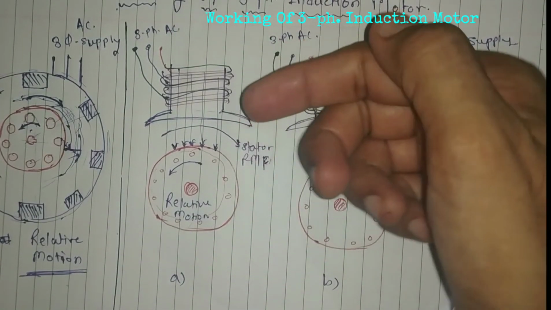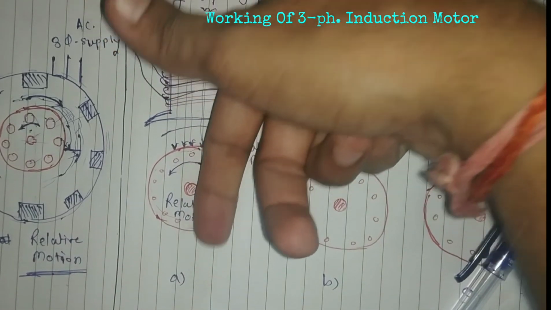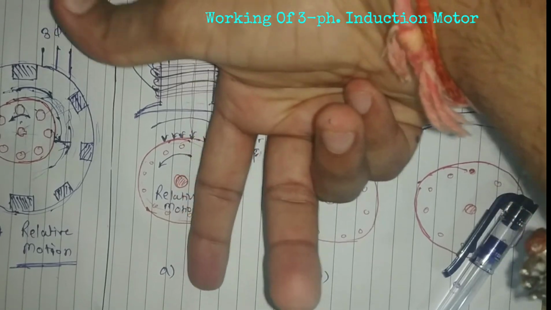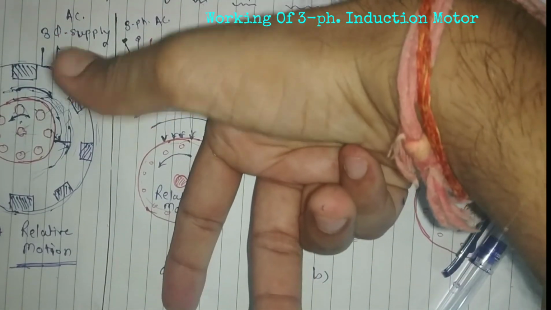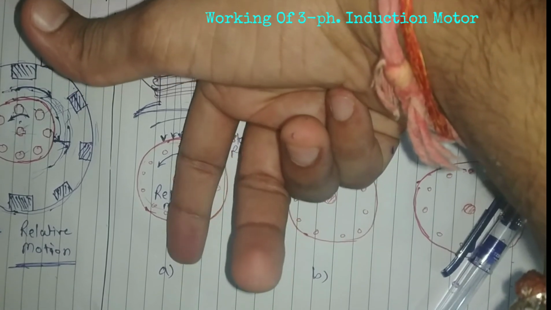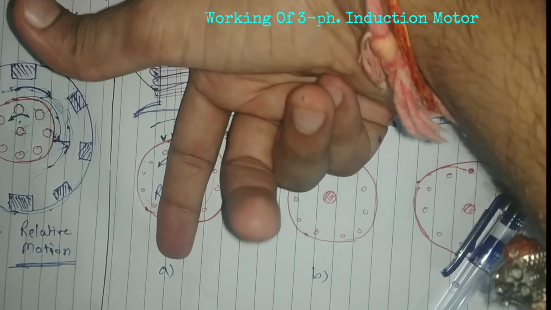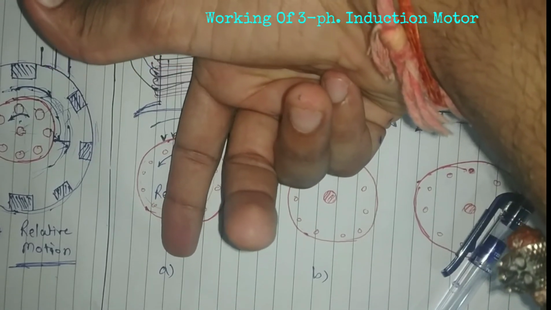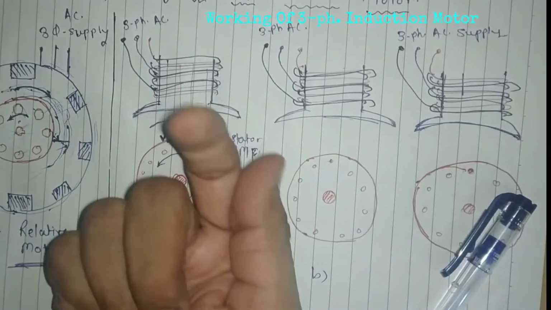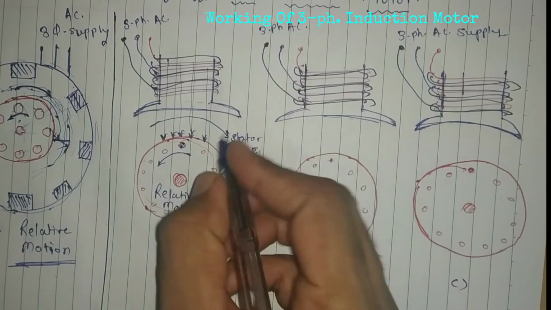Now your index finger is showing us the magnetic field, which is coming down this way, right? See, this is the direction of the magnetic flux. This is our relative motion, and this is our magnetic lines of force direction, the magnetic flux direction. So this will give us an induced EMF direction or an induced current direction. It means it is coming out, right? So coming out, it means I can show the dot over here, dot,